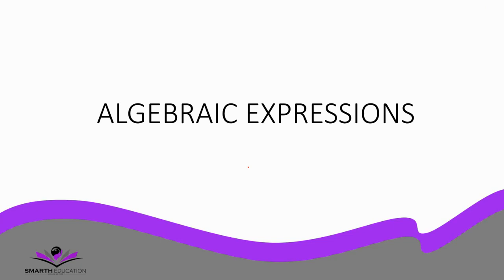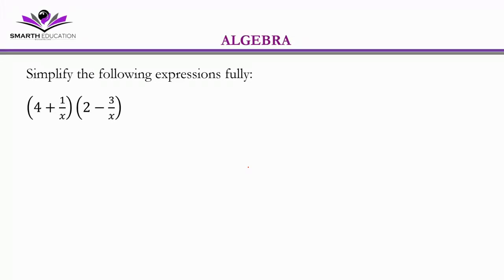Right, welcome back. Let's do question 421. Simplify the following expression fully. We have to find the product of these two brackets by distribution. 4 must multiply the terms of the second bracket, and then 1 over x also should multiply the terms of